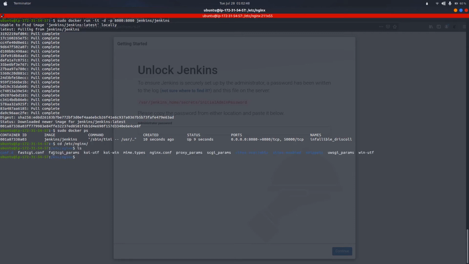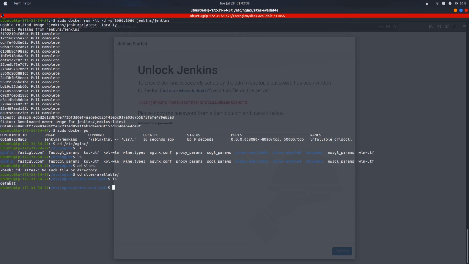This is the working directory for Nginx, and here are two main directories, sites-available and sites-enabled. Let us switch to the sites-available directory. As we can see, a default configuration has been made here. Along with this, the file has created a soft link in the sites-enabled directory. Here it is.